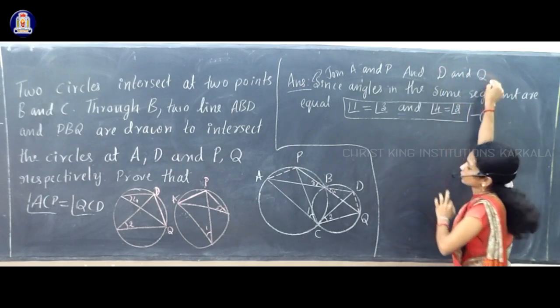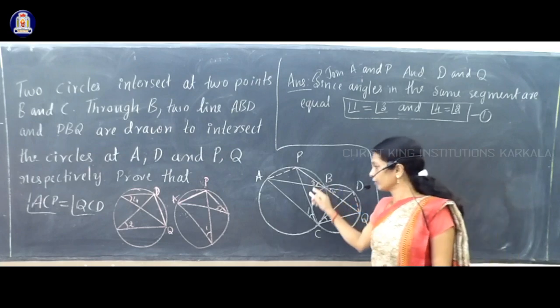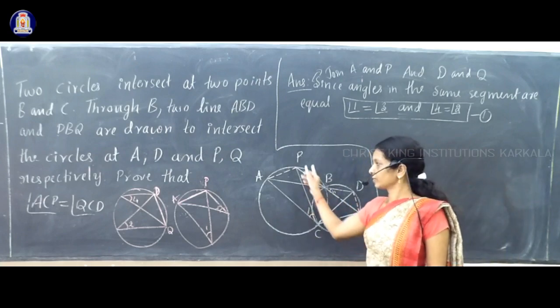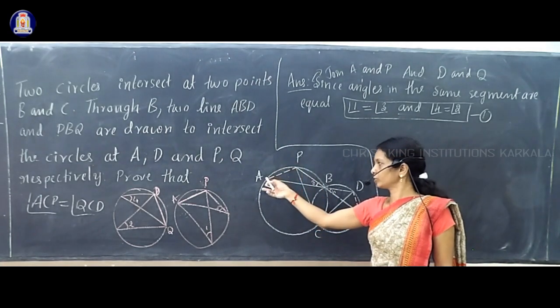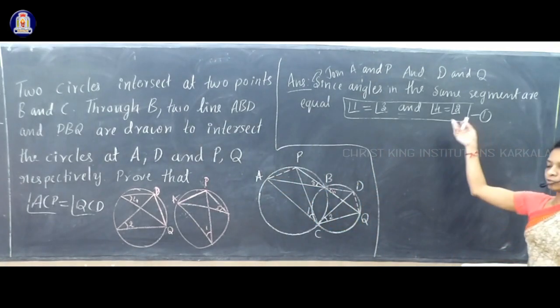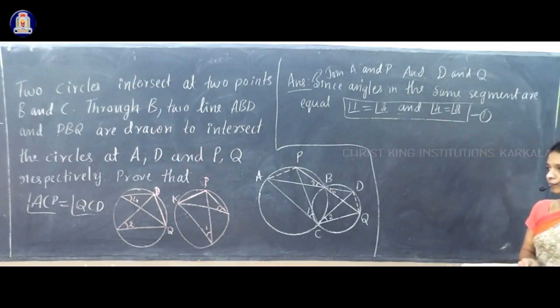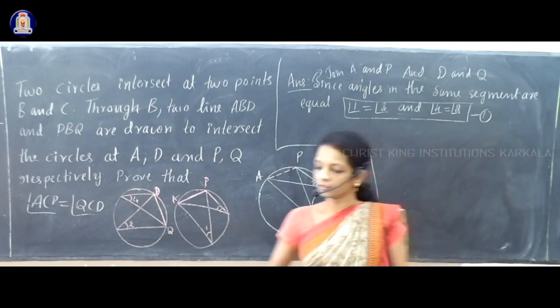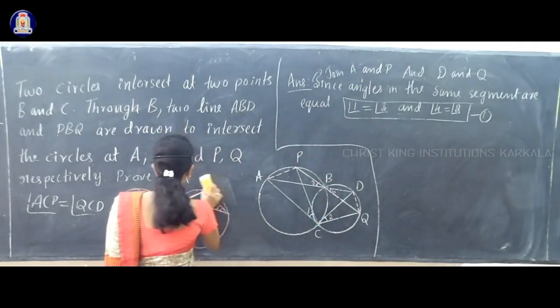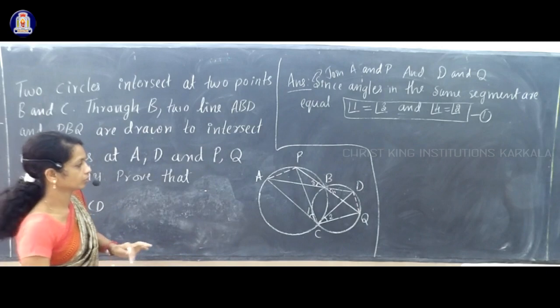After that only you can see these two angles as angles in the same segment, and 3 and 1 are angles in the same segment, okay, because we have drawn chord AP and chord DQ. After that, using that result, we can write equation 1. And now one more part you have to observe in the main figure that I highlight here only. That too you have to observe.